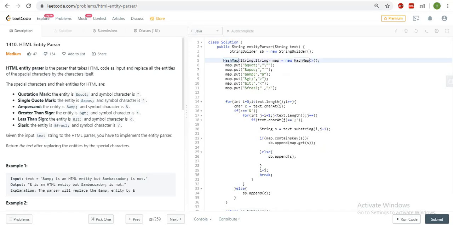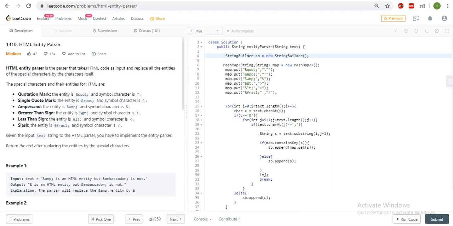Here I'm storing the key as a string and the value also a string, because I have to change the special character with the character itself. And the resultant string I'm storing in a string builder, because we know string is immutable, so that's why I have taken a string builder.